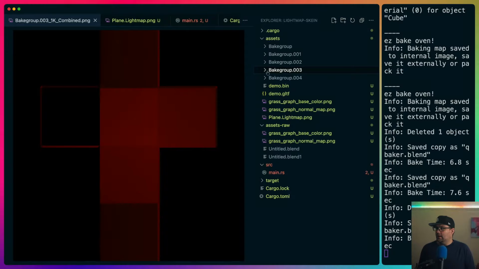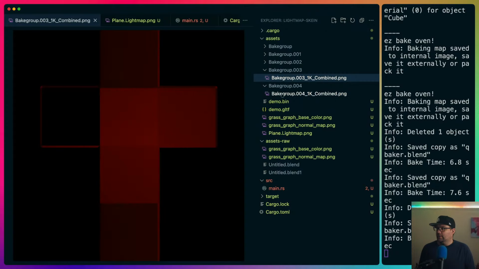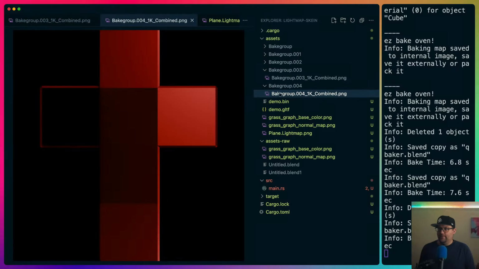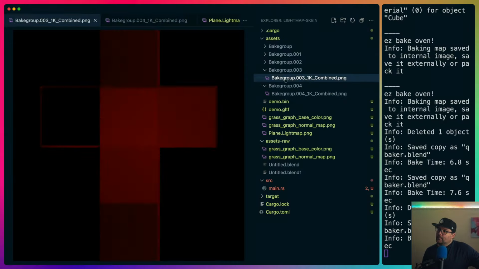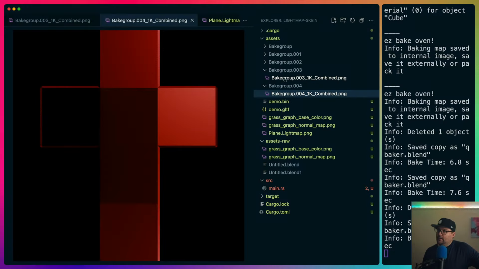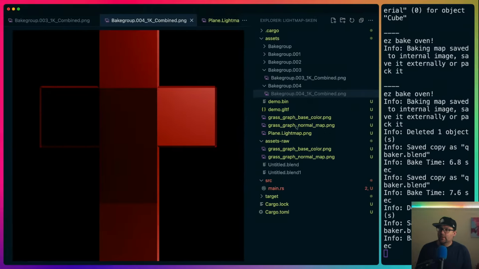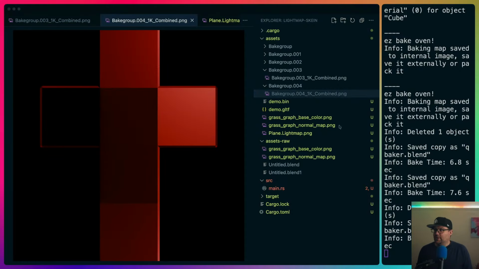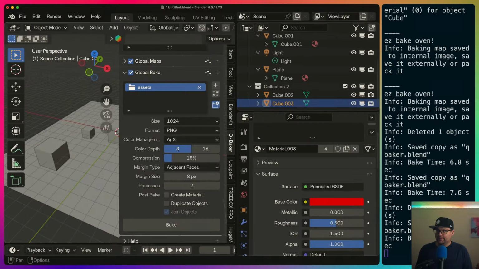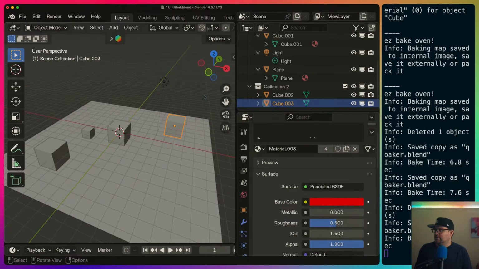So here's our 3 and 4. And they're definitely different. So that's interesting. Right? Bake group 3 and bake group 4 are definitely different, even though they share the same material. So my question then, I guess, is what's going on with that image? Is it just temporary storage anyway? So we need one temporary storage image,